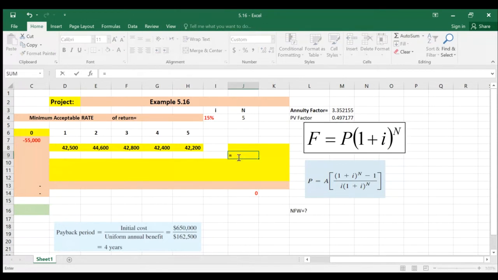So for the first one, F equals P, the value of this amount, times 1 plus i, where i is 15%, to the power n, n is 1,